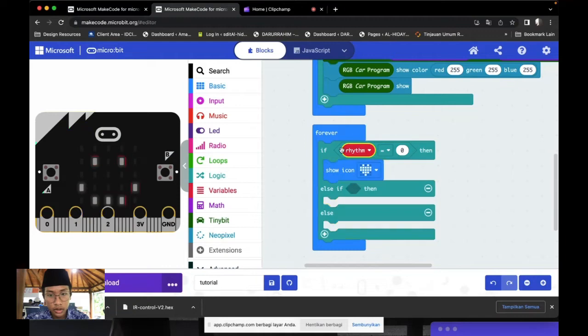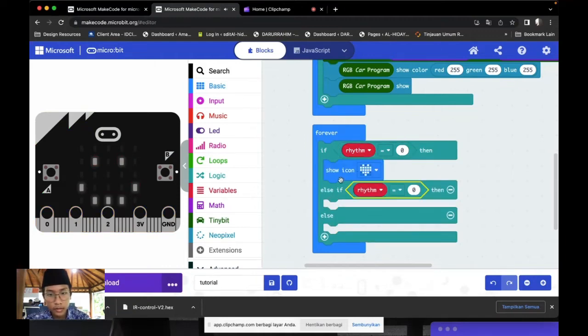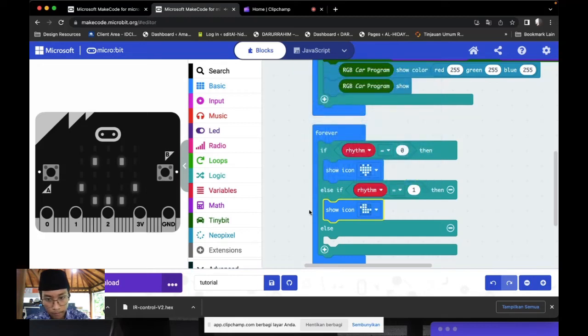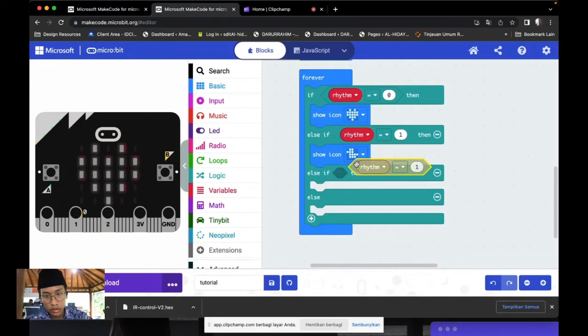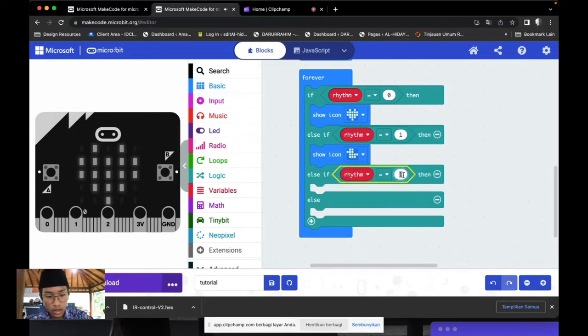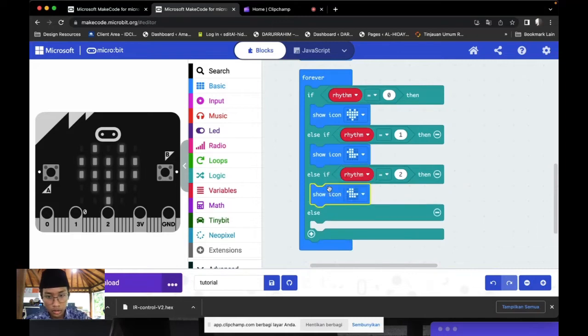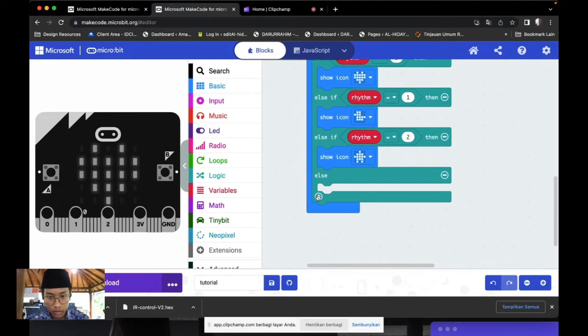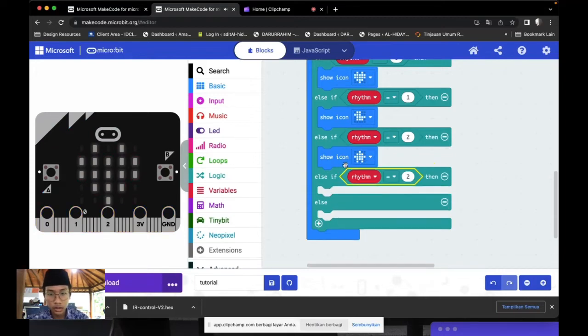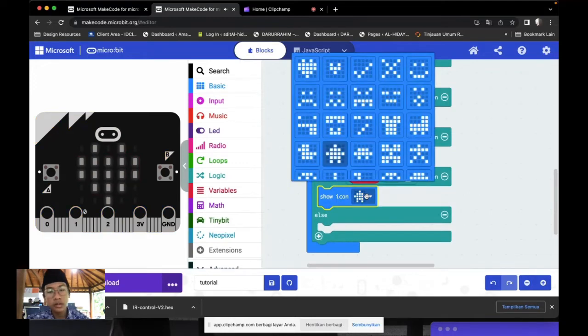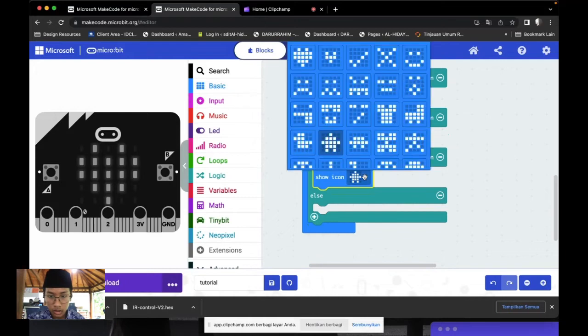you click this plus icon, and you can copy paste maintain to the one, the icon change to the be dark, this dark, and click this icon plus, and duplicate again, sorry, and duplicate again, change to the 2, and show icon into icon house, and click icon plus again, and second up in else if, then change to the 3, and show icon again, and change the icon to this